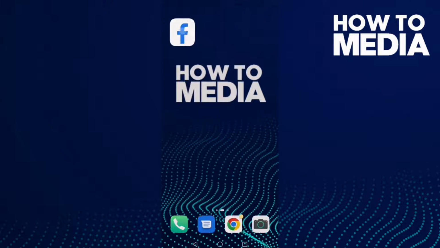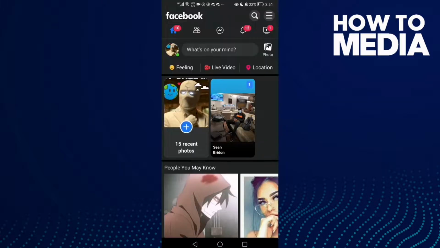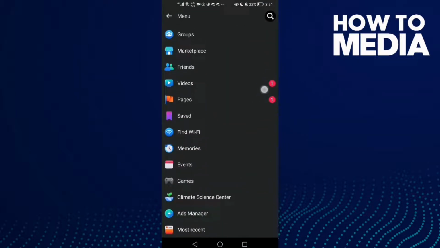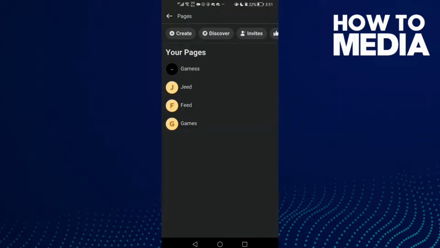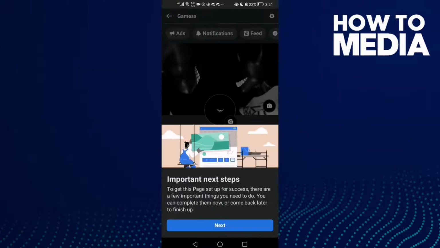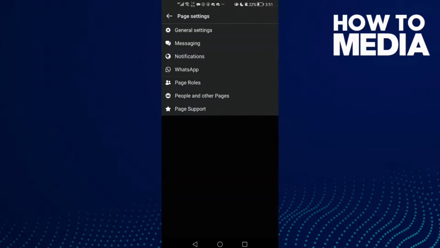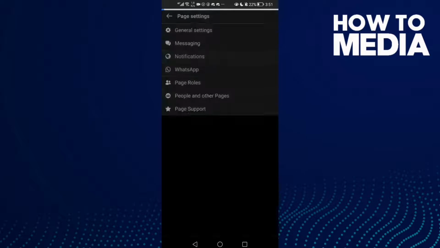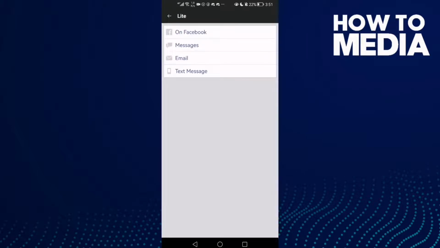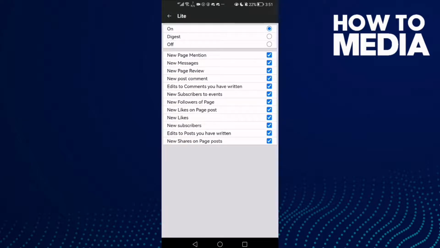First thing, go to Facebook Lite. Here you will find these three lines in the top corner. Click on it and then just click pages and select your page, and now click this settings icon in the top corner and then click notifications and here click on Facebook,